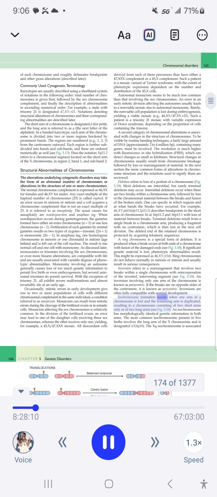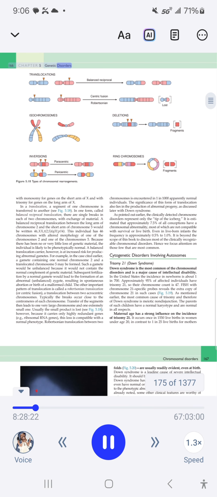Isochromosome formation results when one arm of a chromosome is lost and the remaining arm is duplicated, resulting in a chromosome consisting of two short arms only, or of two long arms. See figure 5-18. An isochromosome has morphologically identical genetic information in both arms. The most common isochromosome present in live births involves the long arm of the X chromosome and is designated i(Xq). The Xq isochromosome is associated